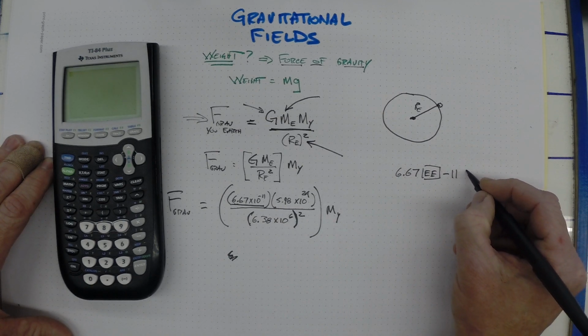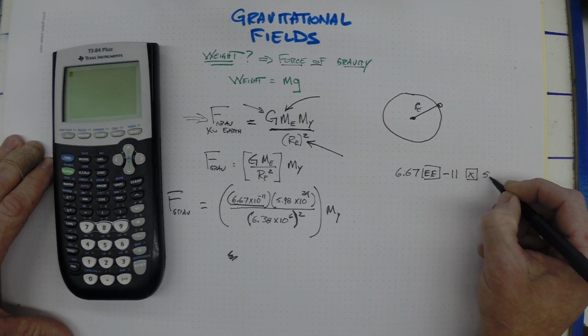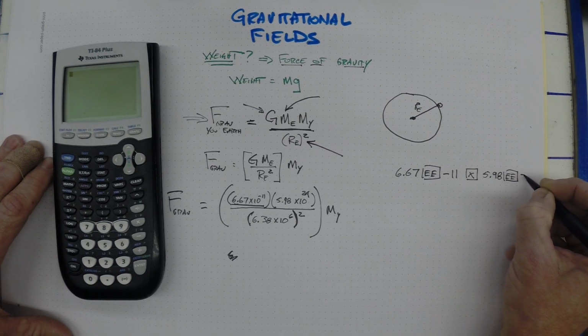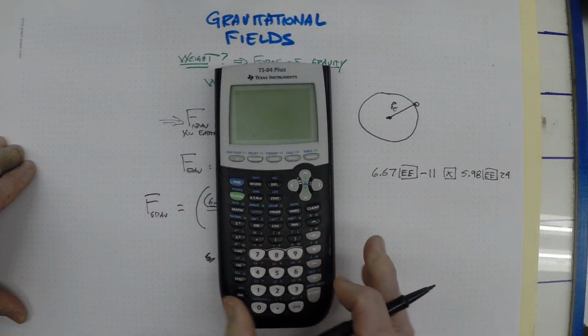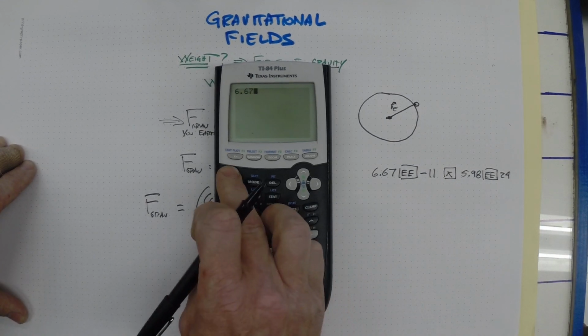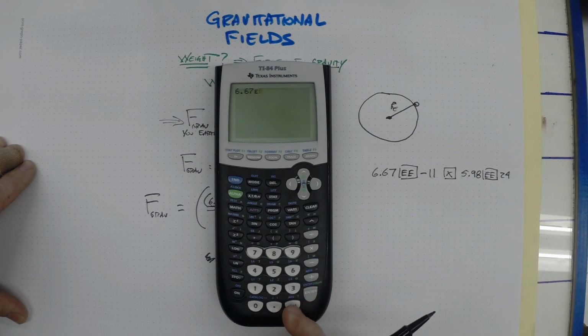And then in our case, you can hit the times key and do 5.98 EE 24. So let's try that on your calculator. We're going to multiply those two numbers and get the numerator of that. So it's going to be 6.67 second comma. So there's the E, and I'm going to do negative 11